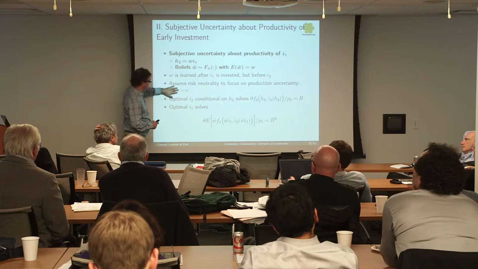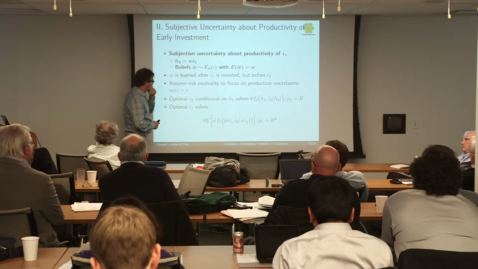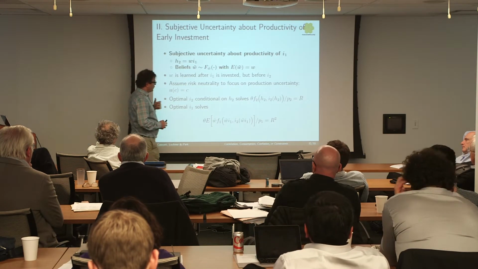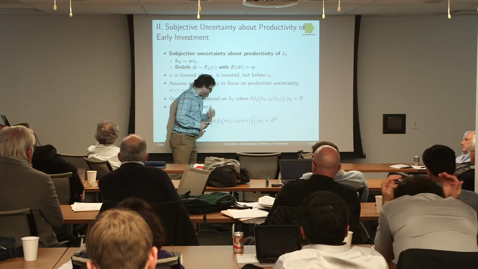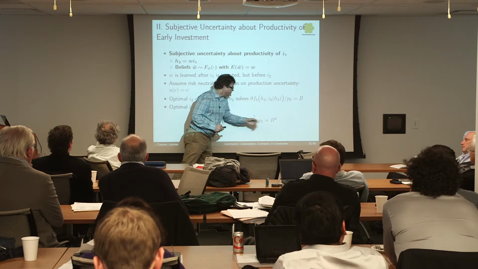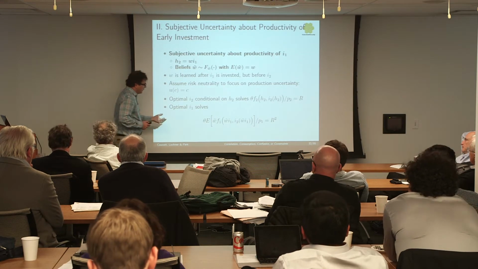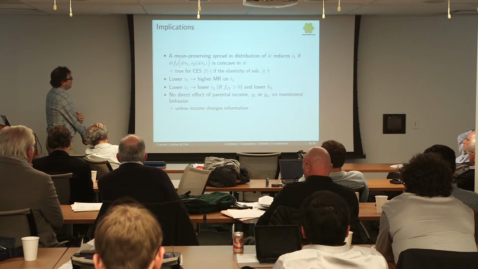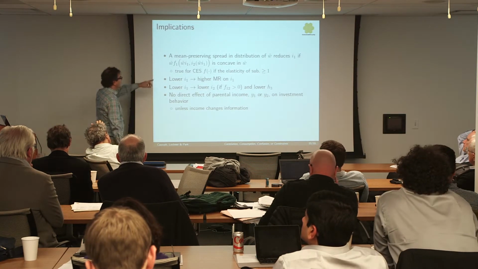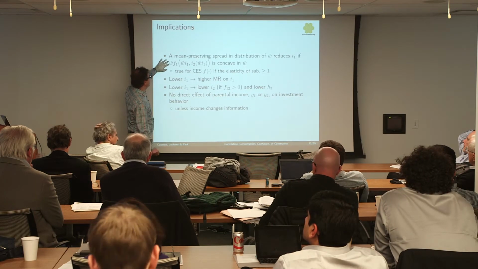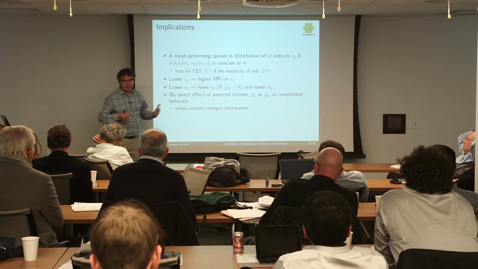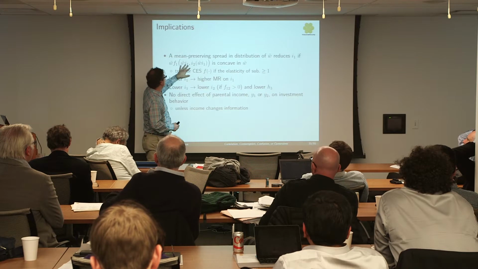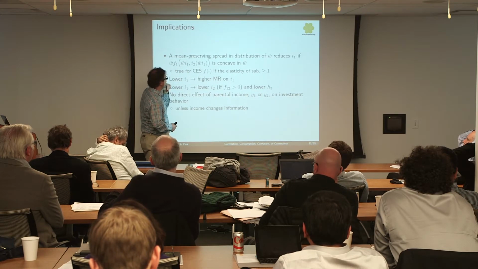And here, to shut down the risk aversion stuff, to show you can get some interesting stuff purely off the technology, let's assume linear preferences. You're going to get the expected marginal return on investment equal to the rate of return on savings. But this is the expectation. The truth is going to turn out to be that you have a high return. What you could show pretty easily, and this is a Jensen's inequality kind of result, is that a mean preserving spread in these beliefs is going to reduce early investment as long as the marginal returns are concave in these beliefs.